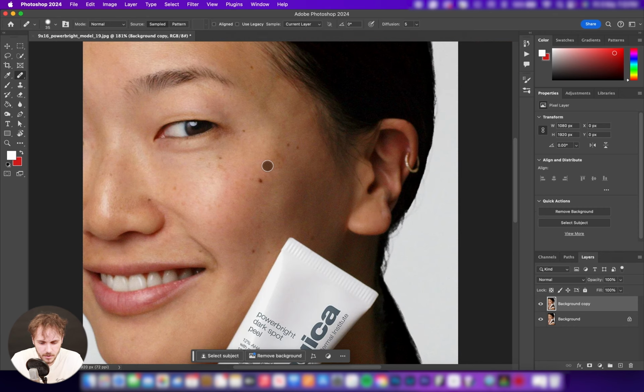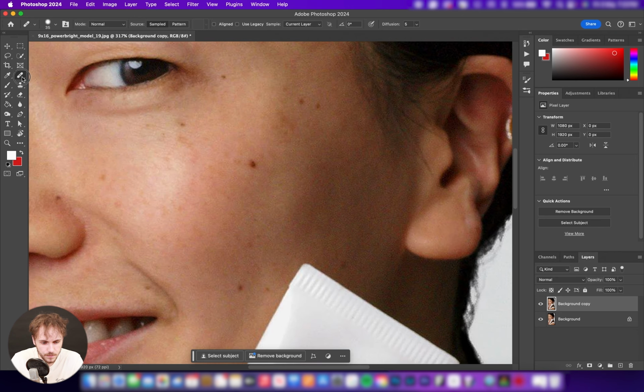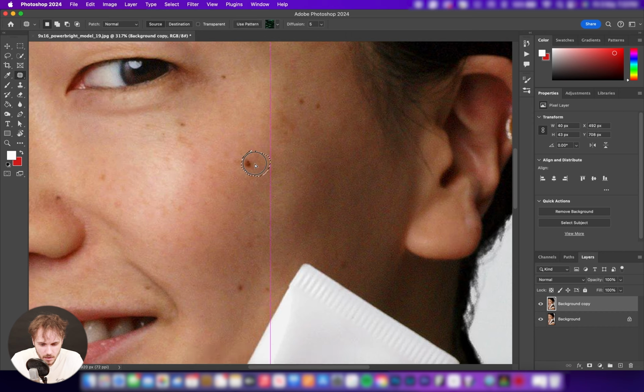Now another tool that we can use is the patch tool. I quite like this one. Sometimes it's a little bit Marmite, but with this you can just draw around what you want to cover and then drag it